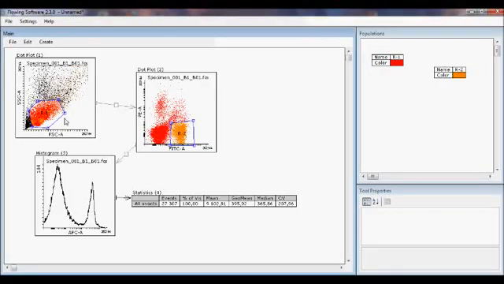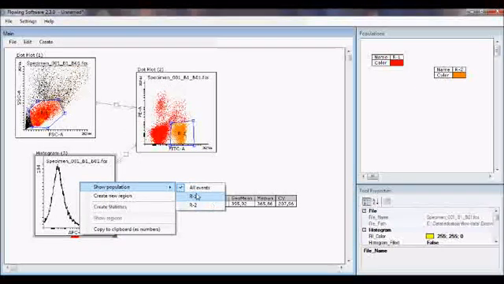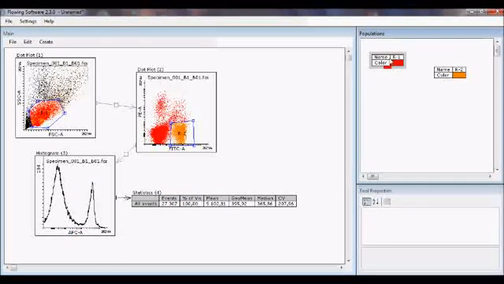Here I have the living cell gate, and then another gate having the FITC positive, PE negative population. And I would like to know how many APC positive cells there are. The problem is that I would like to select both of these. I want both living cells and this FITC positive, PE negative, but I cannot select both at the same time. That's why I must combine these two populations, and the combination can be done exactly with the same logic